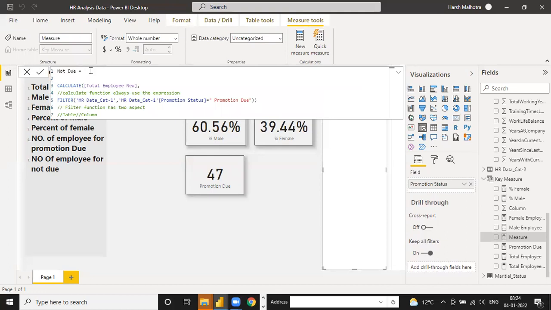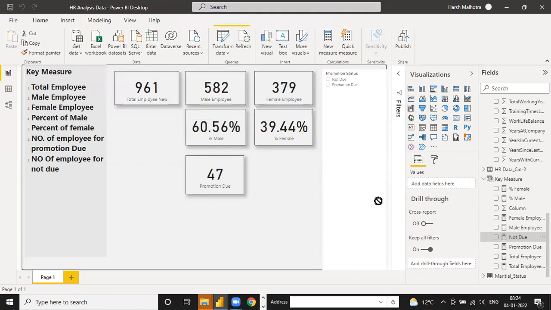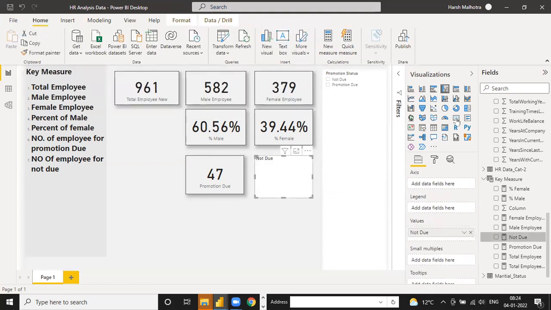These are not due employees. So calculate total employee filter. Here you can just change the value to not due. Just enter. This value will give the answer of 914, which is equal to the not due. Just drag and drop.